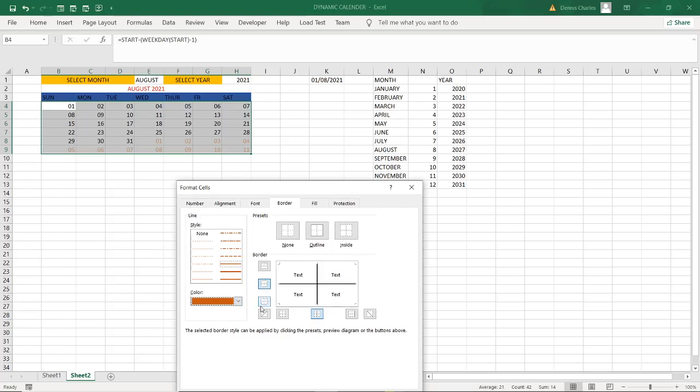Then I come to the outer borders, like this one, and that is the color for the outer border. The inner border is looking that way. The outer border looks like that. If I needed to change the outer border to that, it hasn't changed yet.